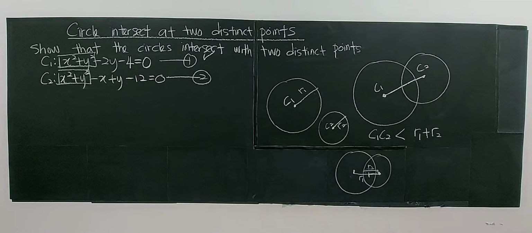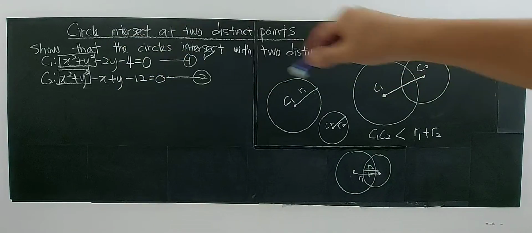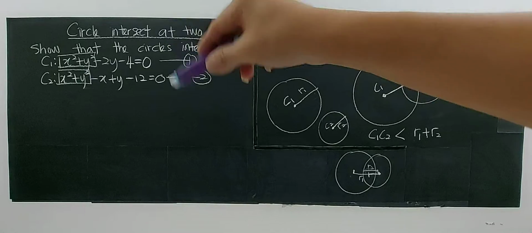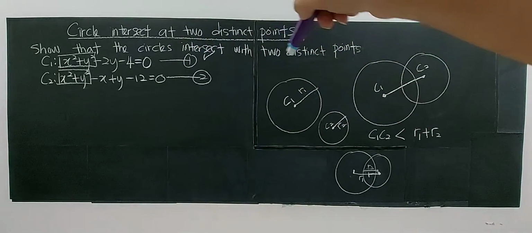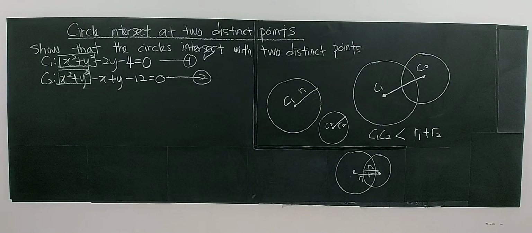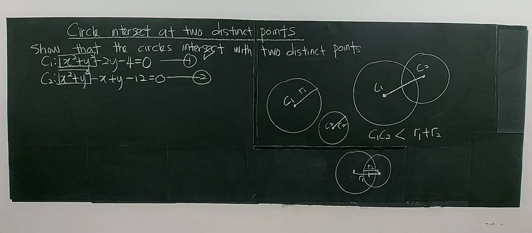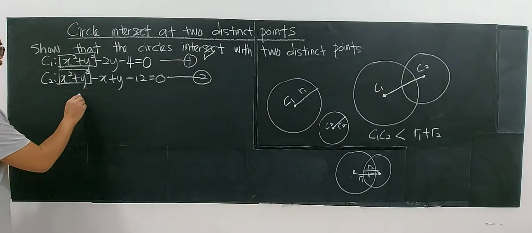So as long as you can prove that the distance between the two centers is less than the sum of the radii of these two circles, you have already proved that the two circles intersect at two distinct points, without finding the intersection points. But this method is a bit tedious, so for the first circle, you can use